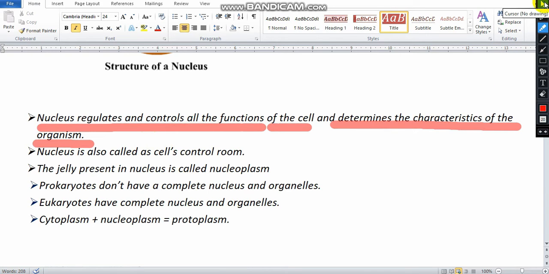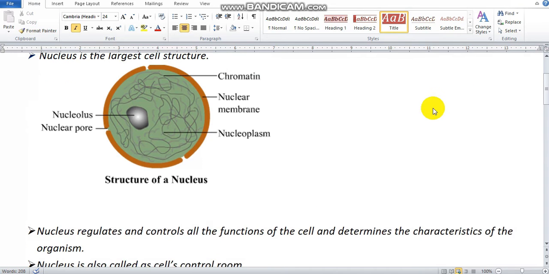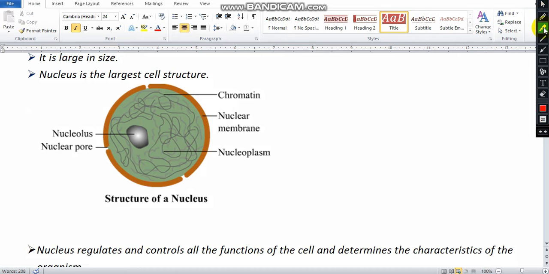The nucleus consists of chromatin material. You can see here chromatin. Chromatin is nothing but an entangled thread-like structure. This entangled thread-like structure will get a specific shape at the time of cell division. During cell division, this chromatin will get a specific shape. At that time, the chromosomes will carry DNA. With the help of DNA only, the chromosomes are made. The DNA carries genes.